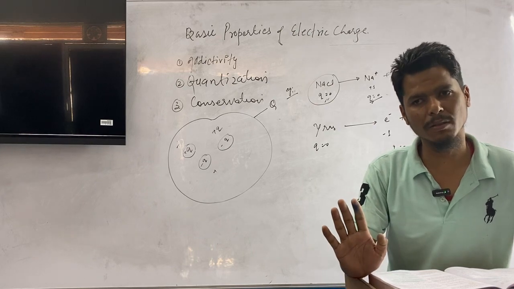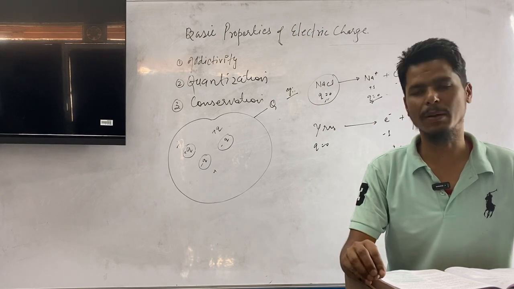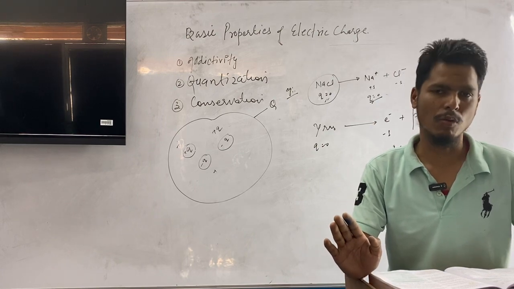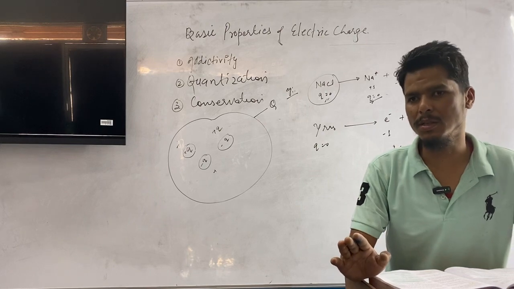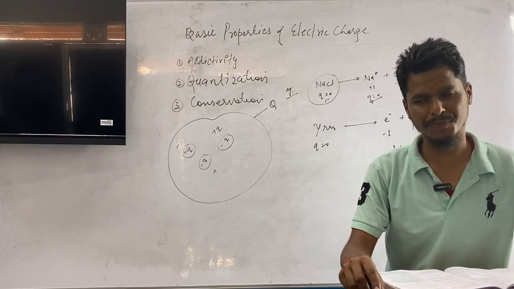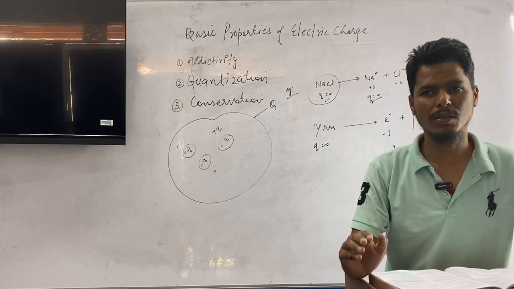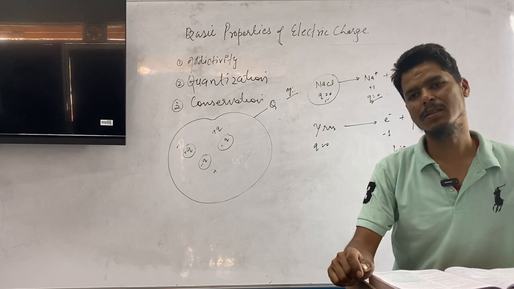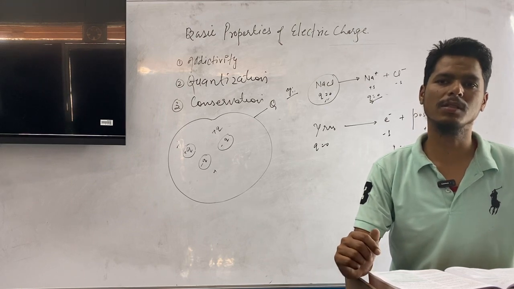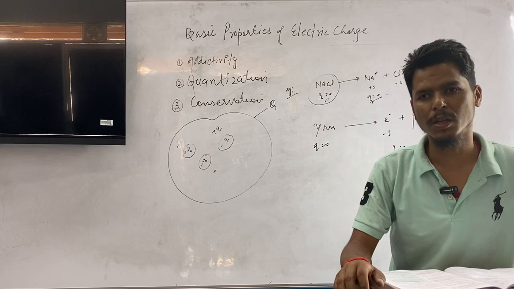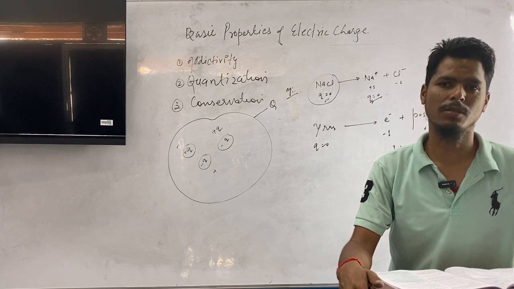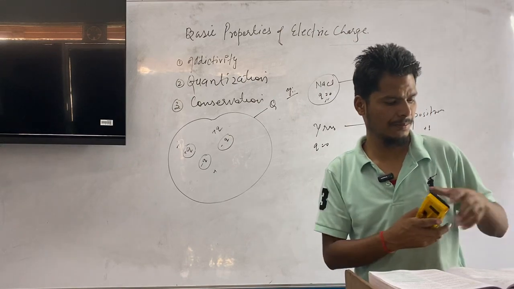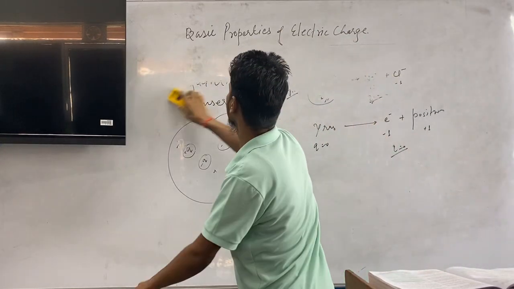These are very important in the context of board examination. One property out of them may come in the exam. So quantization is very, very important. You just study and learn about the quantization. And the number of electrons in 1 coulomb may be asked in the exam. So in the next class, I will tell you how many electrons have to be lost to have 1 coulomb charge. But if I have time right now, okay, I can just tell you in this class.